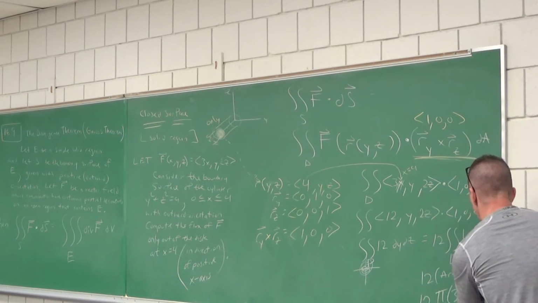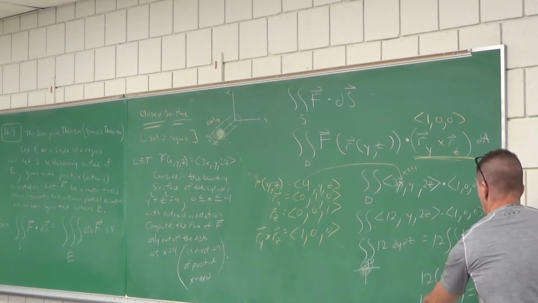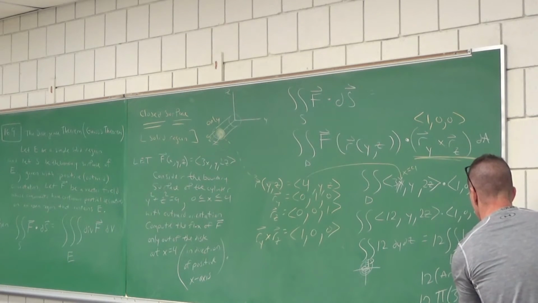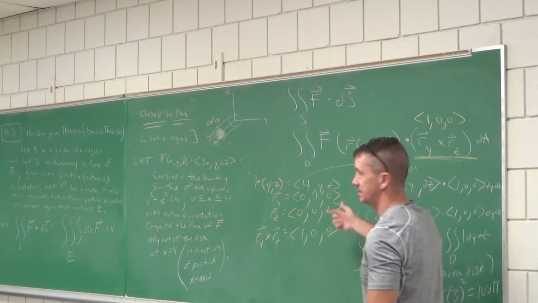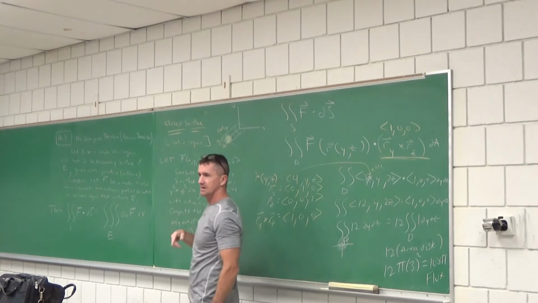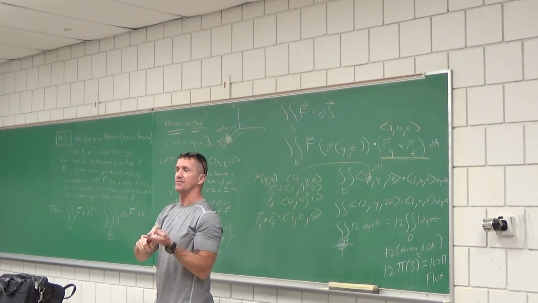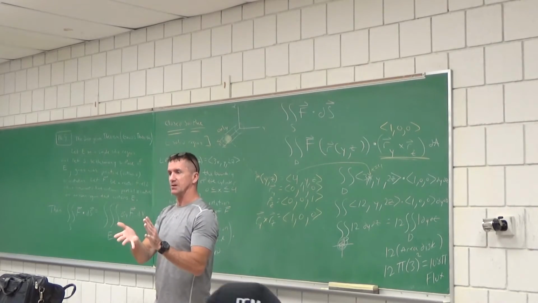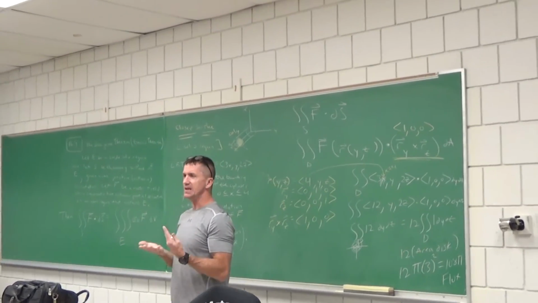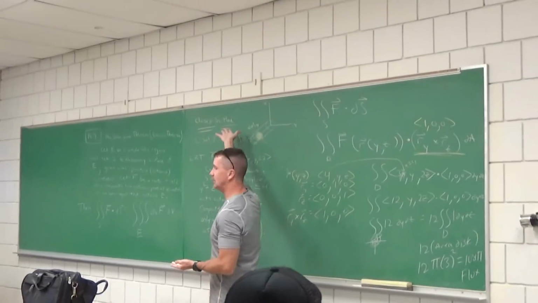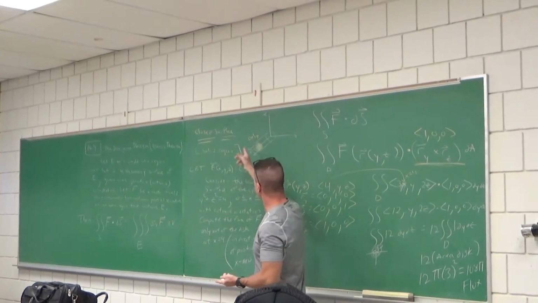108 pi. And everyone, that's the flux, only coming out of what? Right there. I did this on purpose. I wanted to start with this. Number one, let's review how to find flux across just one particular surface. But number two, you see how long it would take if you had to deal with that closed surface. That was only one portion.